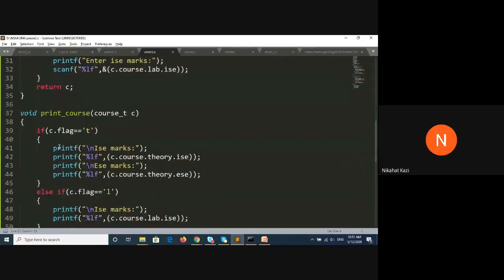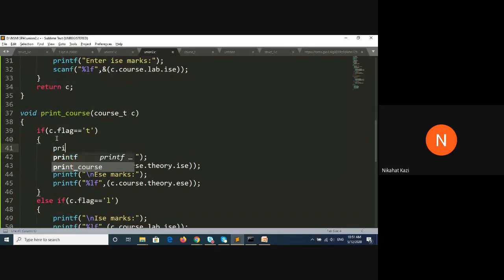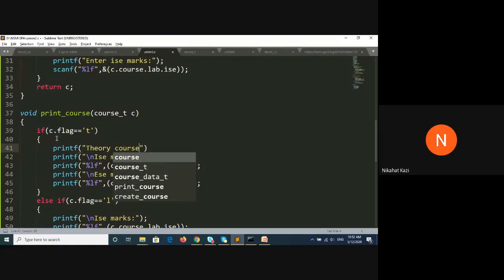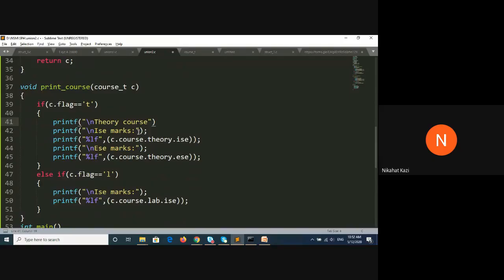Where you can print here only, you can say printf theory course, since it's a T in the flag. So it will help you to understand. So theory course, and here you can print lab course. Fine.